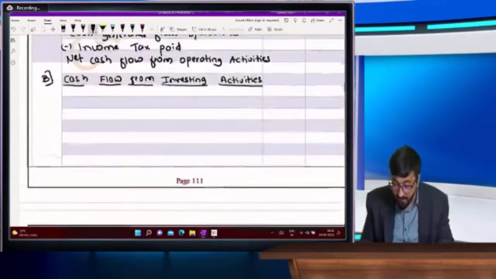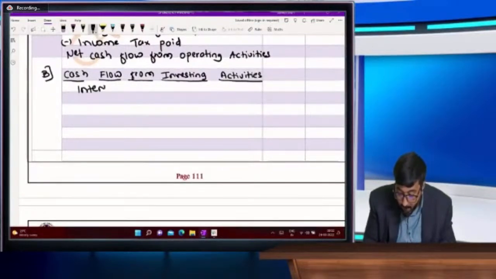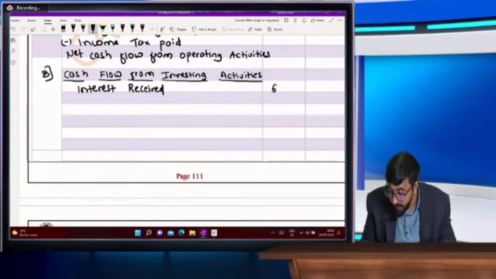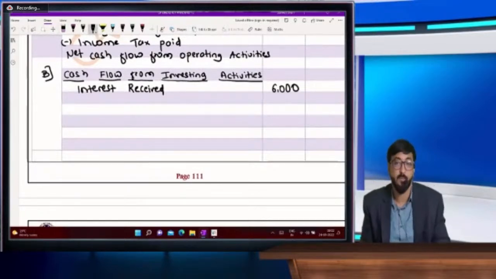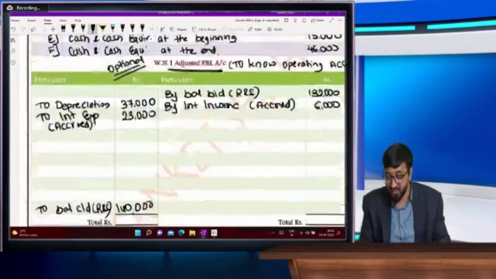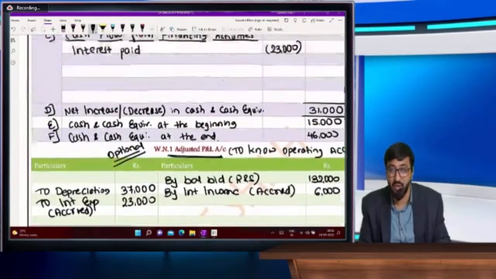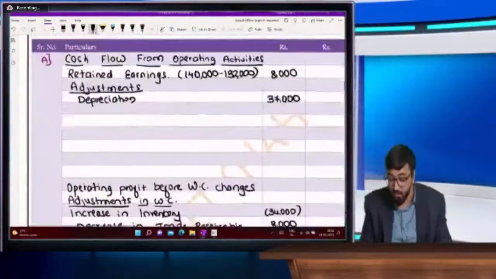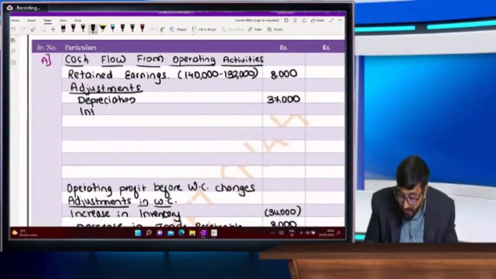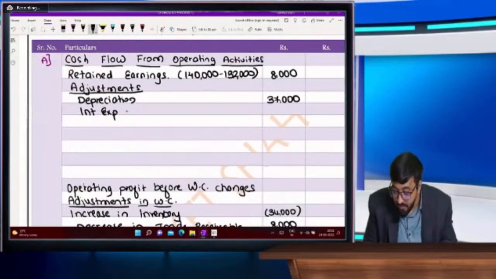And second effect, investing activity inflow, interest received 6,000. One debit, one credit. Okay, so by cash means cash comes in, accrued, and this is received. Suppose if you want to give this in adjustment, interest expenses accrued,